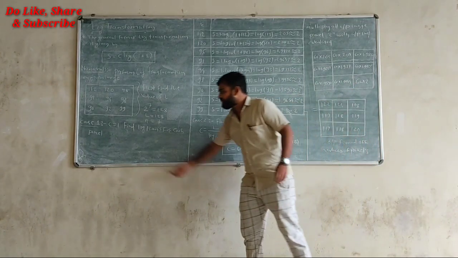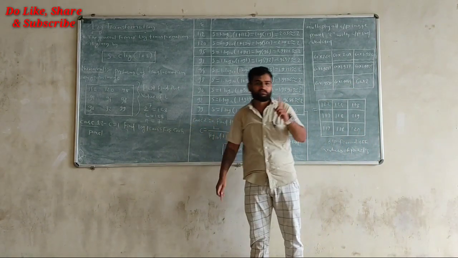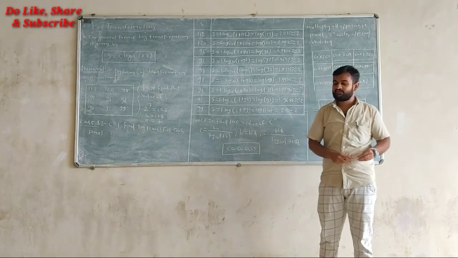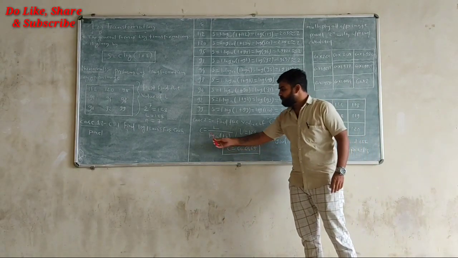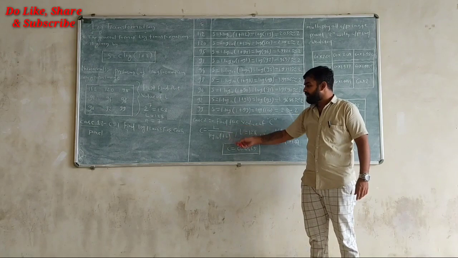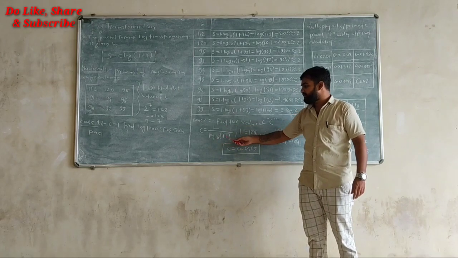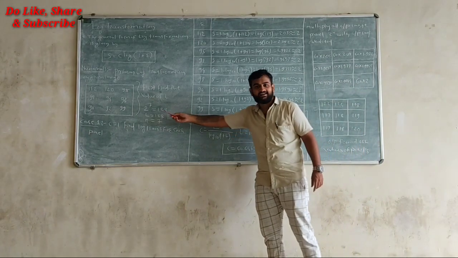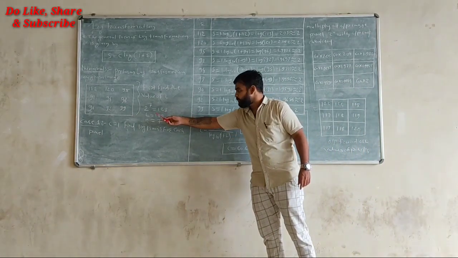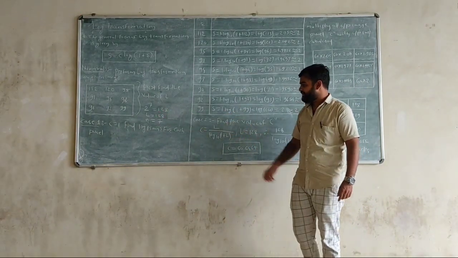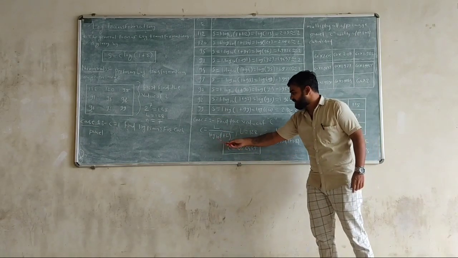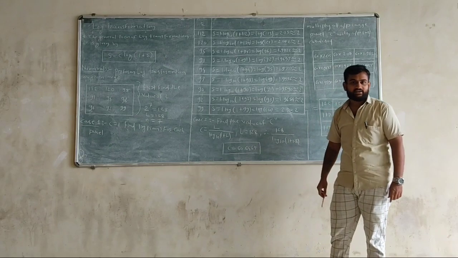Now, in the second case, we have to find out the value of C. Here we have considered the value of C as 1 in case 1. In case 2, we have to find it out. How to find out the value of C? We have a formula for that. The value of C is equal to L upon log to the base 10 of (1 plus L). So what is the value of L? We have found the value of L here, that is 128. So put the value of L in this formula: 128 upon log to the base 10 of (1 plus 128).